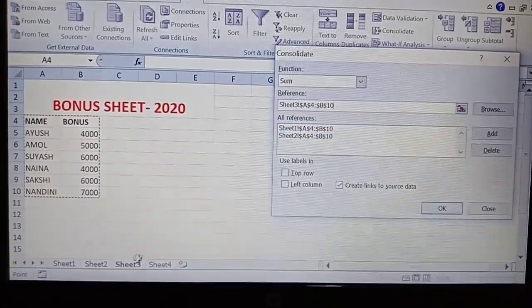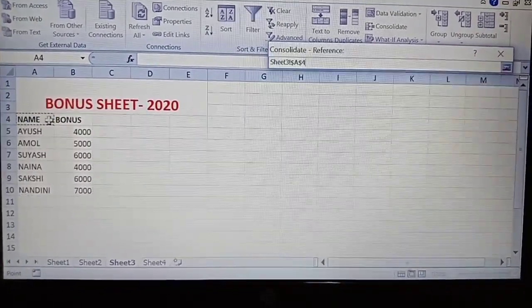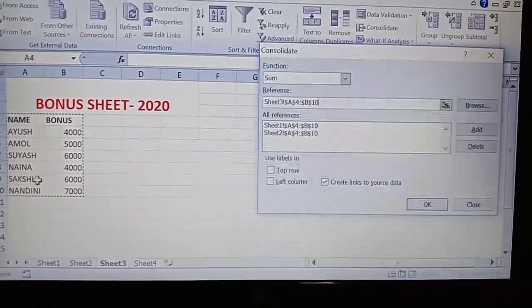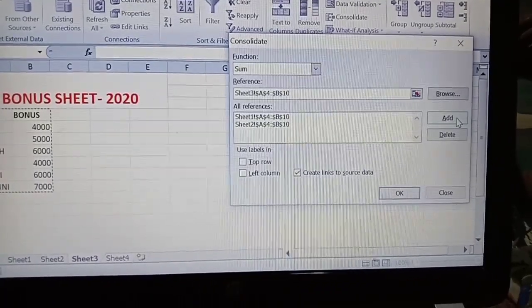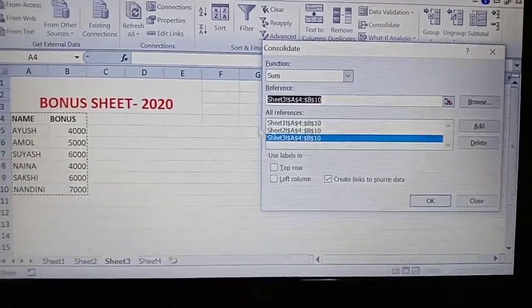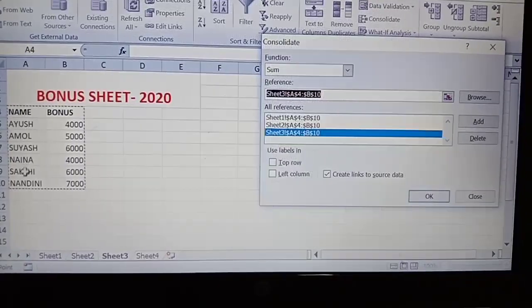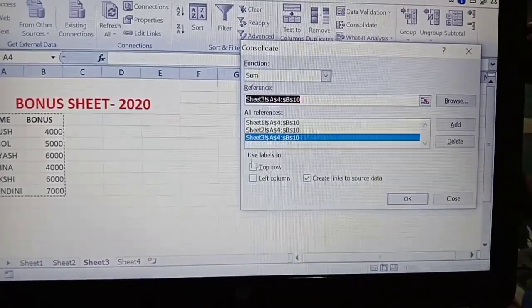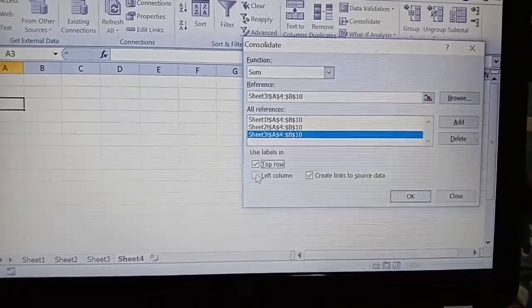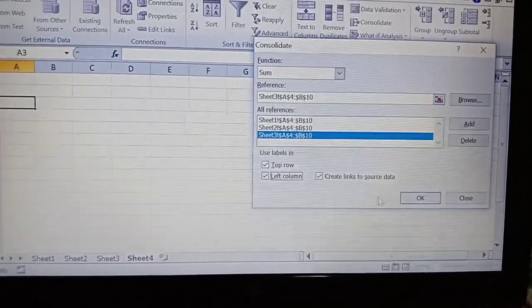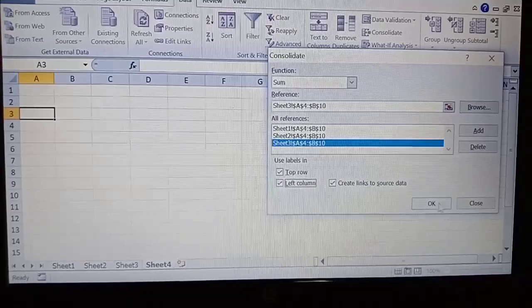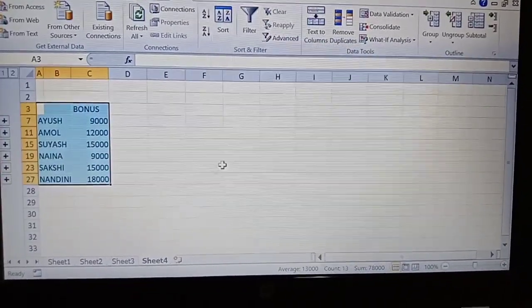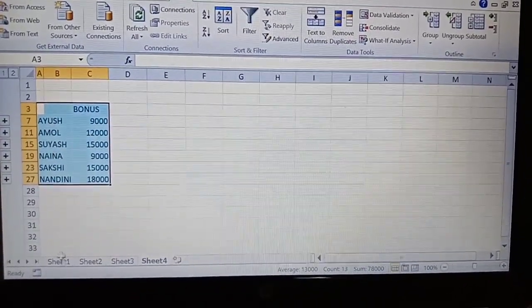Click on sheet 3, select the data, and again click on Add. We don't want to add the names and the word bonus, so we are not selecting the top row and left column. For update we have already clicked that option. Click on OK.